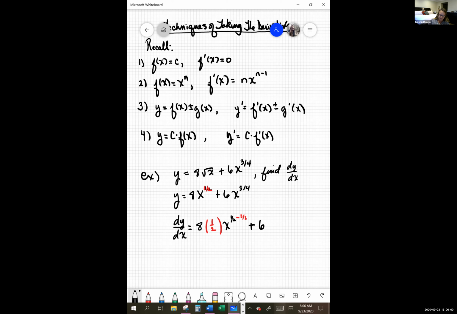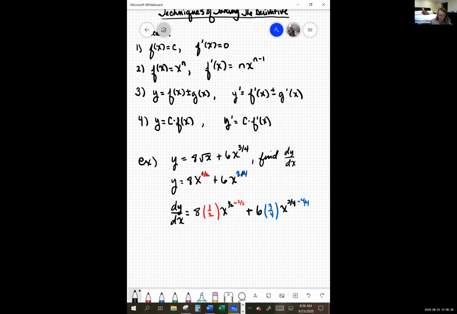And then, so that's the derivative of the first piece, plus 6 times. So derivative of the second piece, again, you're going to bring your exponent down. So we're going to bring down that 3/4. And then x to the 3/4, and then we're going to subtract 1 from that. But I'm going to write 1 with a common denominator, so I'm going to write it as 4/4. So dy dx